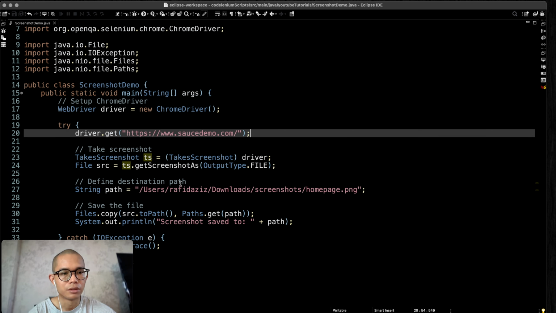Then you will define the destination path. So for my case, it's in this particular path, followed by also the file name. Okay, so you can change this according to what you want. Then you will save the file